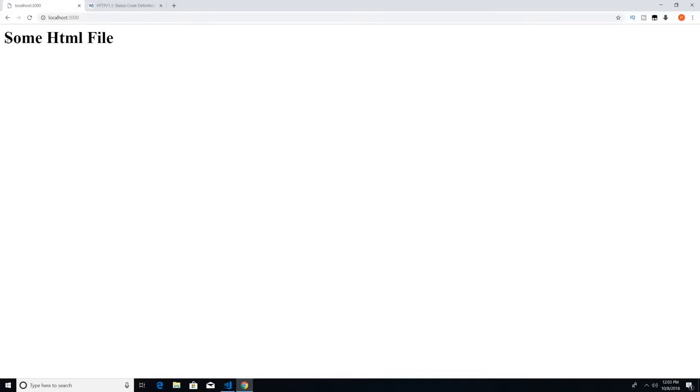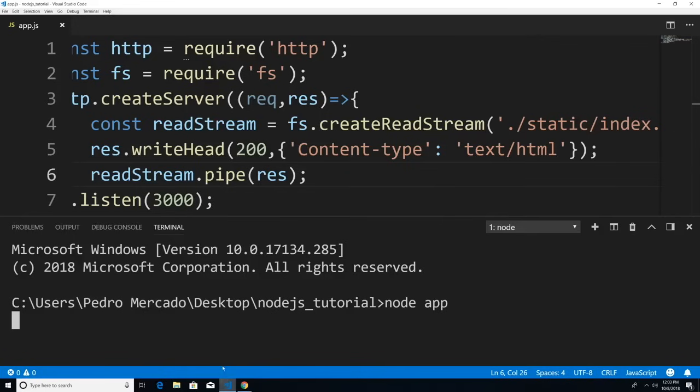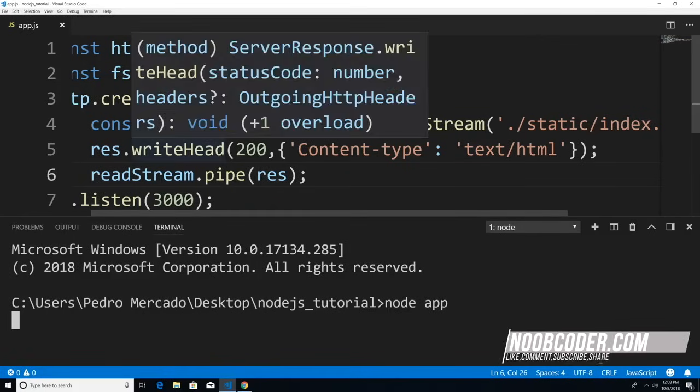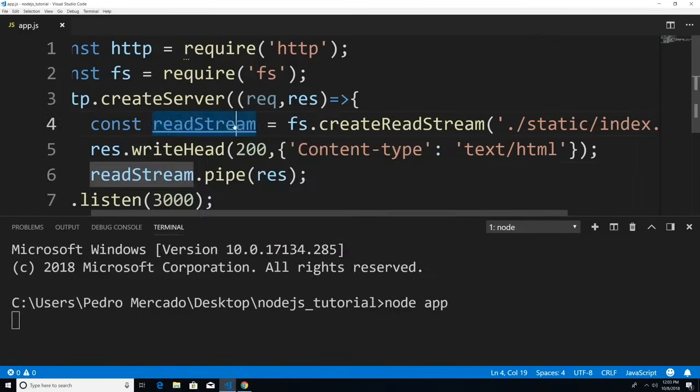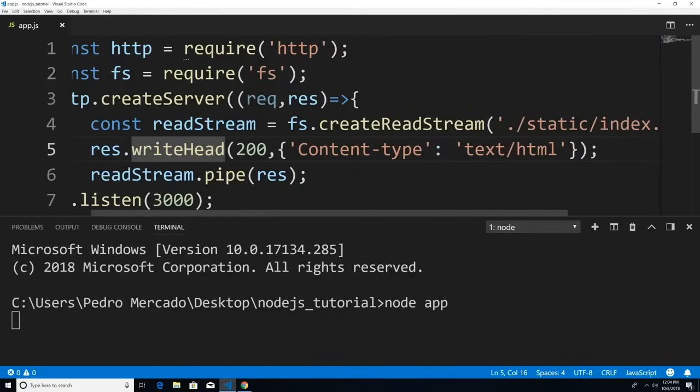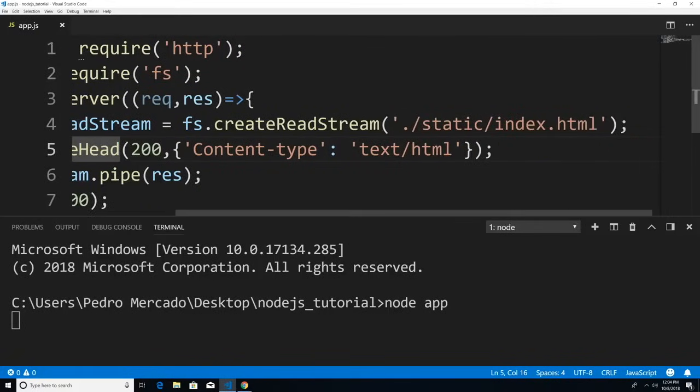So let's actually try to send the other static files. And this is pretty much straightforward. So all we have, if I hit Control B, is an image and a JSON file. So I'm just going to hit Control B again. Now all we need to do is obviously change the file that we're reading in. So instead of index.html, let's do